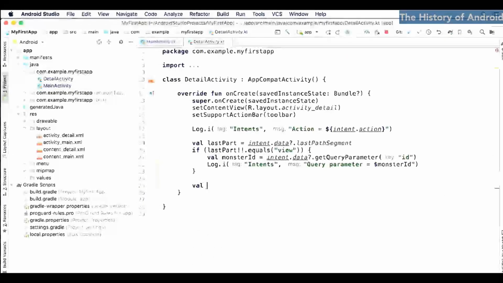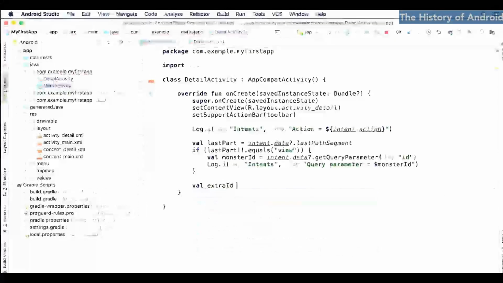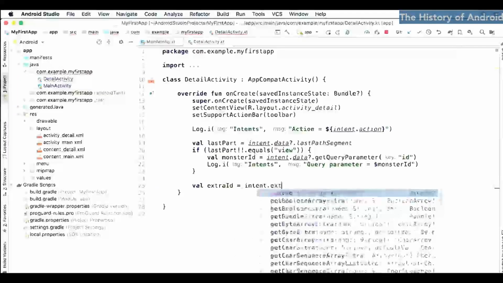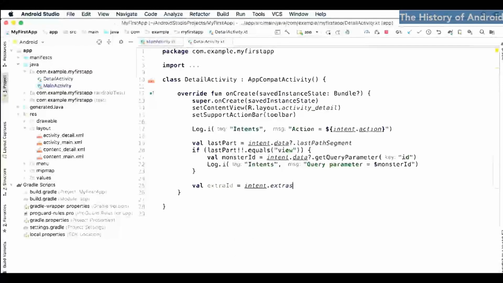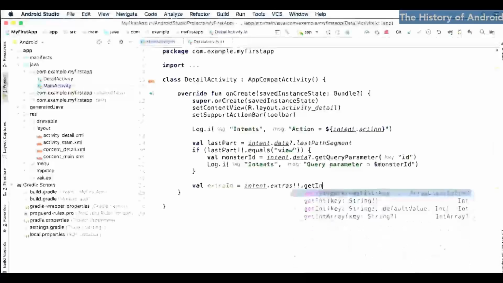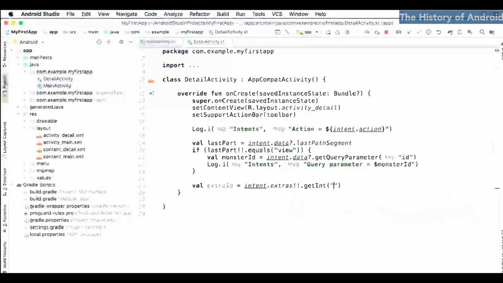I'll say val extraID equals intent.extras. I'll add a double exclamation here because if that expression returns null, this operation won't be possible. From there, I'll call getInt, and once again, I'll pass in monster ID,